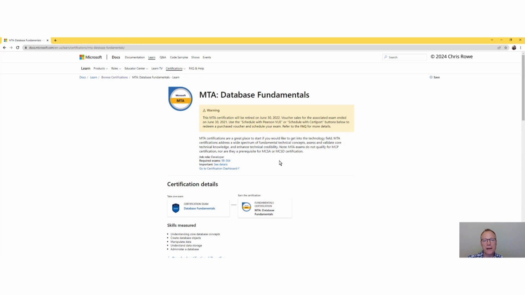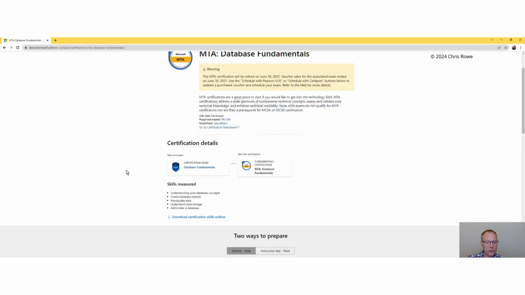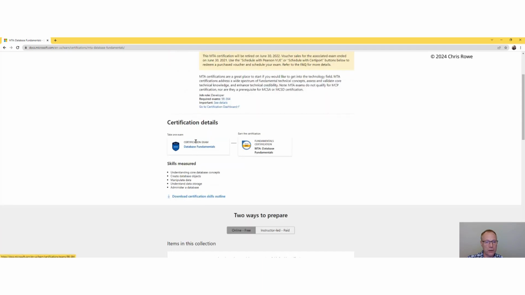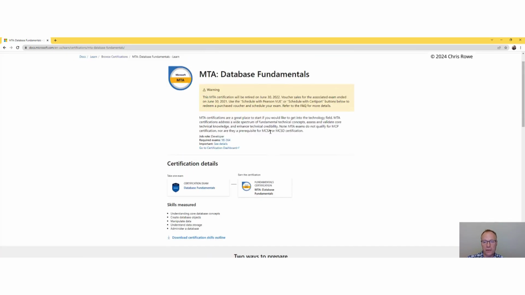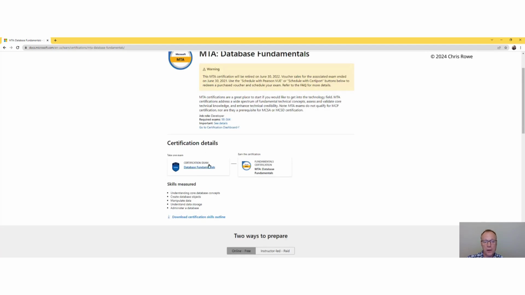So it's basically a standalone database fundamentals sort of foundation course, but it could be a really good one if you want to sort of broaden your knowledge about databases and how they function. If you scroll down a little bit, it'll give you information on the exam as well. So obviously you've got to do that exam, you've then got to pass it, and then you get your certification. Now in some of the other higher level exams, the intermediate and the advanced, you could be required to do 2, 3 or even more exams in order to get that certification.